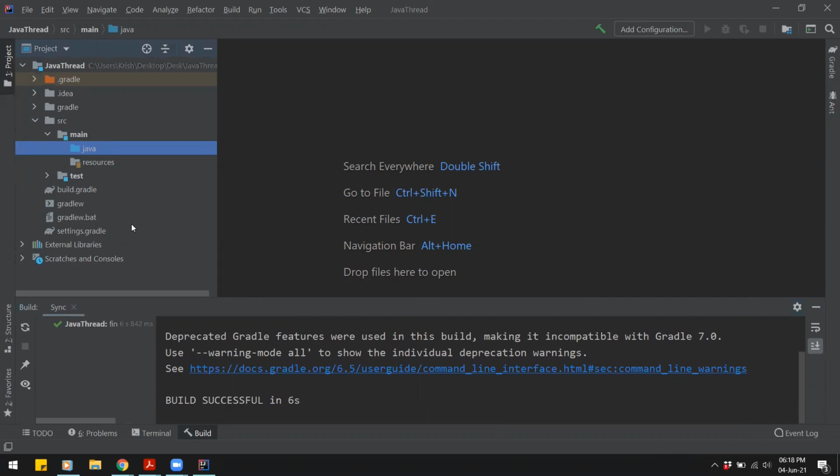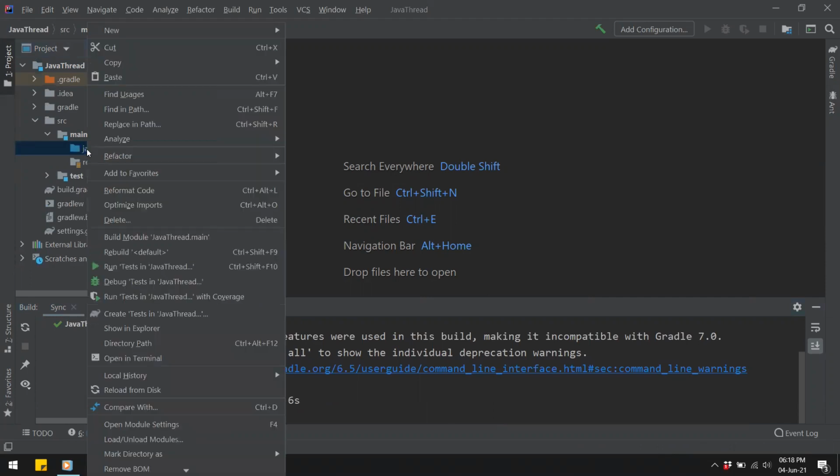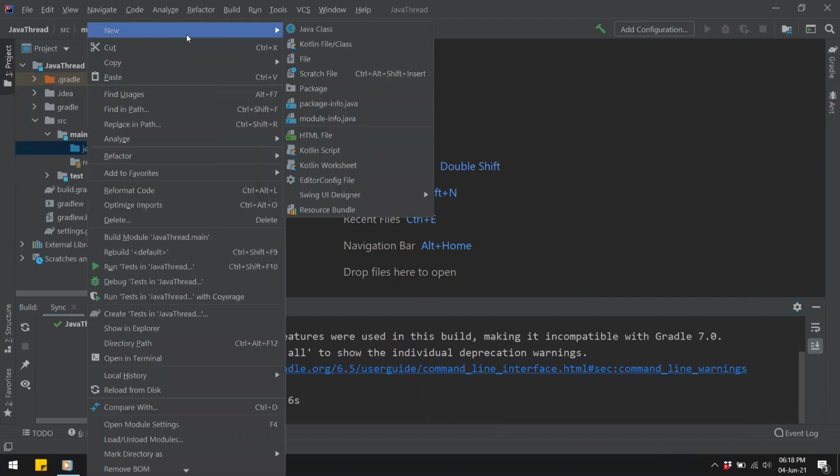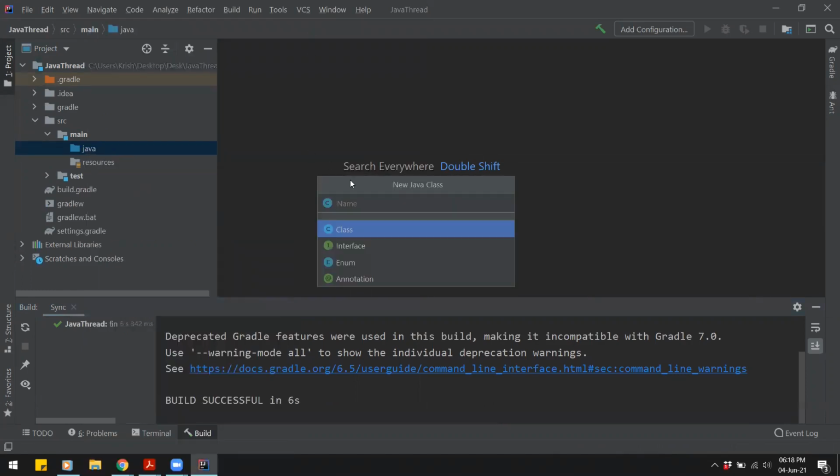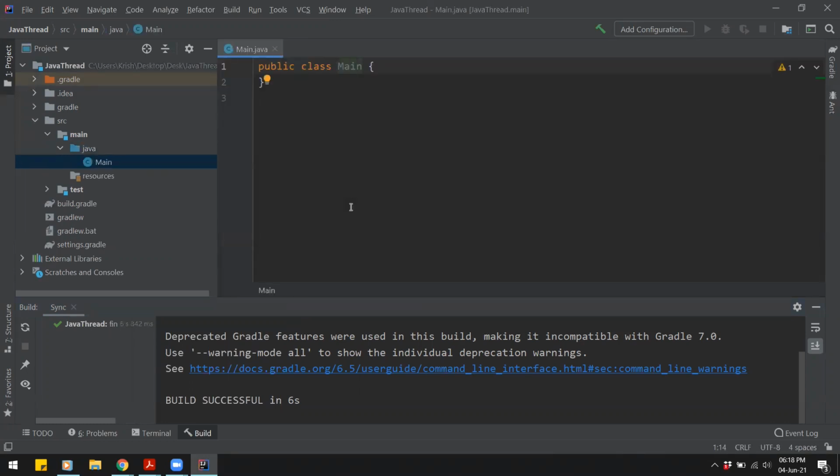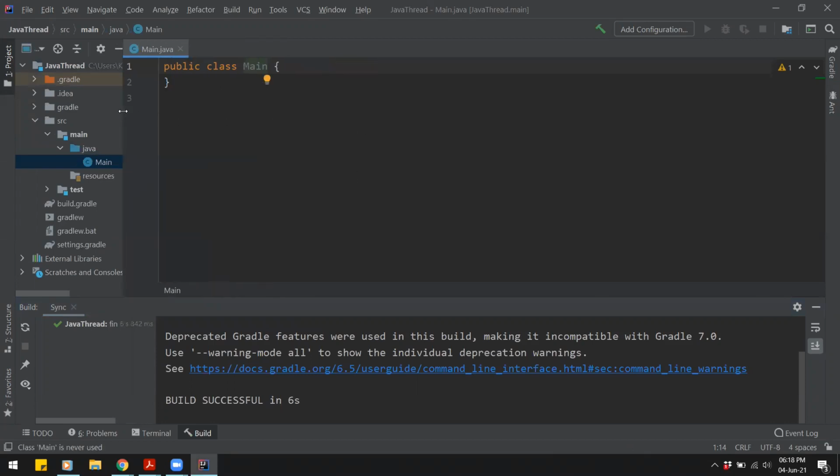So once your IDE is ready, you will create a new Java class inside your Java folder inside the project, and I will call this Main. So we are given a Main class, a public class. In Java, we know all the code that we write has to go in a class, because Java is a fully object-oriented language.